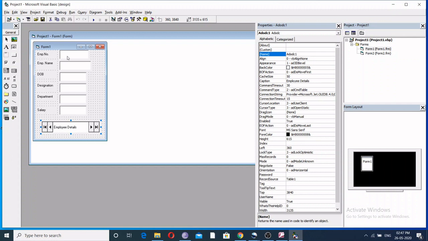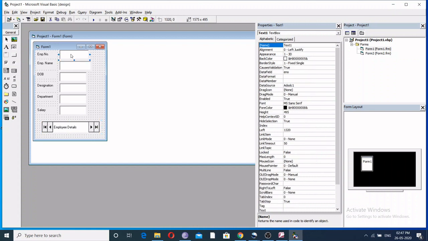Okay, the next step is we have to connect the ADO/DC control with all these text controls. We have to represent which column the corresponding text control is going to display. So in order to set the properties of the text control, we have to select the properties window. Then here the control for which we are going to set the property will be displayed.